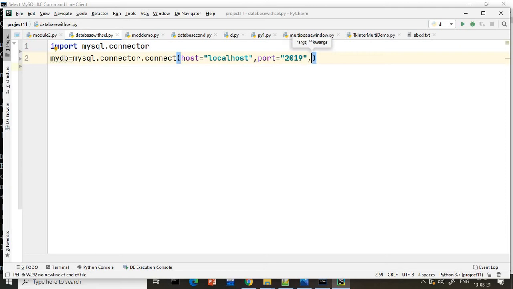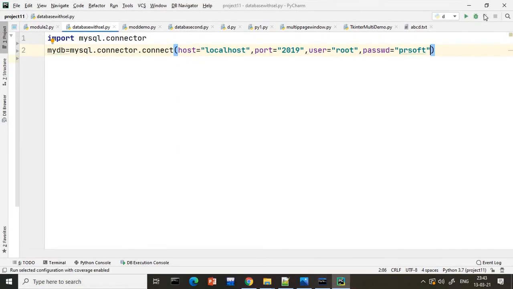Then it will ask you the username and password. So what is the username and password of your system, meaning your database, that you need to remember here. So here you have to write user equals root. By default every system will be root only, and the password will be there. So I have given the password here. I am giving my system password, guys. Whenever you install the database, it will ask you for a database password. So that database password you have to give.